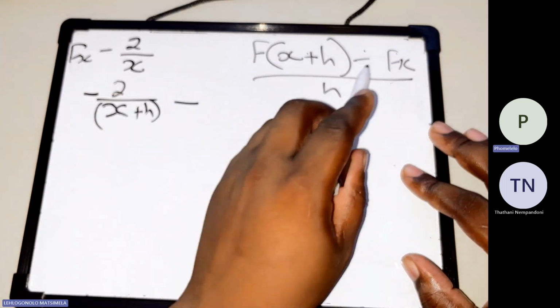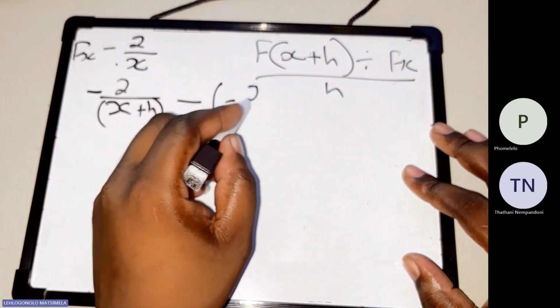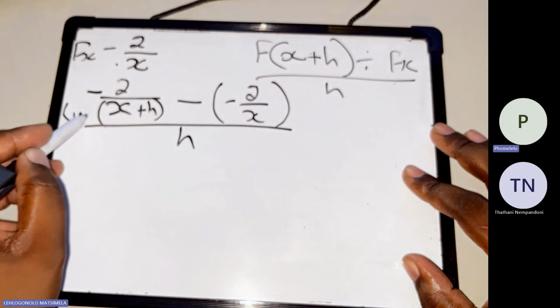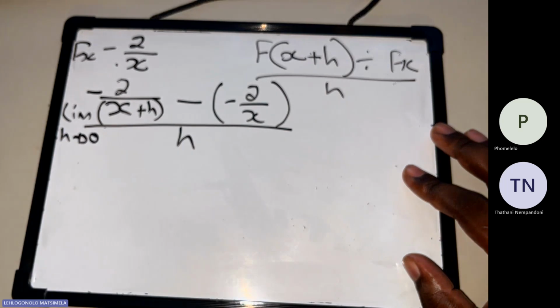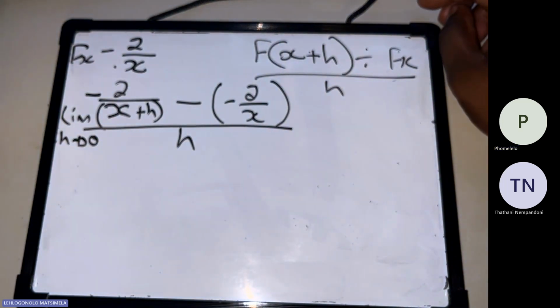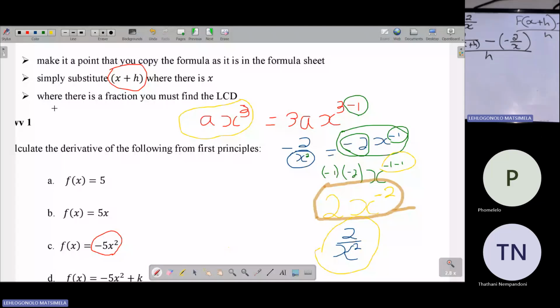And then minus, this is the minus we're talking about. And then f(x), we copy the equation as it is in the bracket. We put the brackets. And then all in all divide by h. Not forgetting that limit h becomes what? It becomes 0. Good. Then the first part here, what do we do? We go back to our principles or our statements that says that when we are on step 3, where there is a fraction,